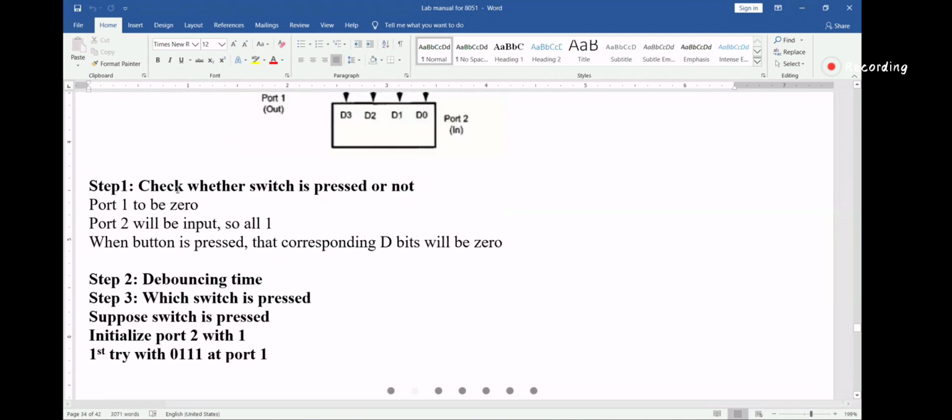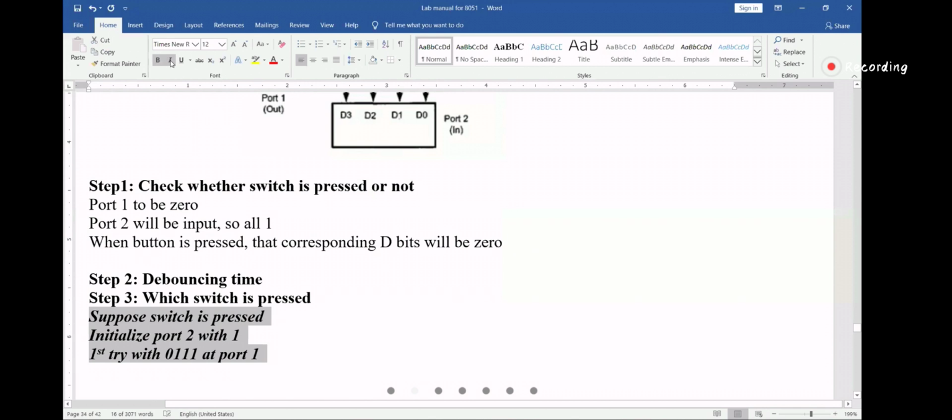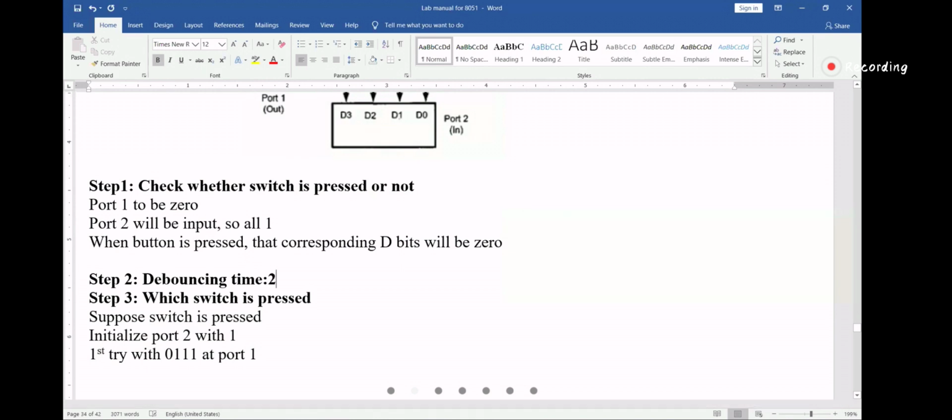Step number 1, check whether the switch is pressed or not. Step number 2 is bouncing or debouncing time. This will take around 20 milliseconds. Step number 3, which switch is pressed? Okay. Now, in order to do this,